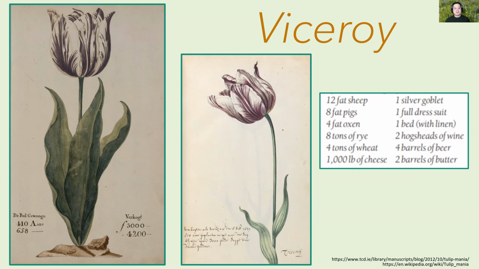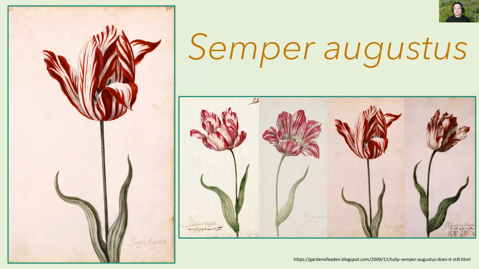And so this gives you a sense that people were really speculating and really willing to trade real things for what was the most collectible thing of its time, the tulip. And the most famous of these is the Semper Augustus. And this tulip, beautiful with its red and white stripes,